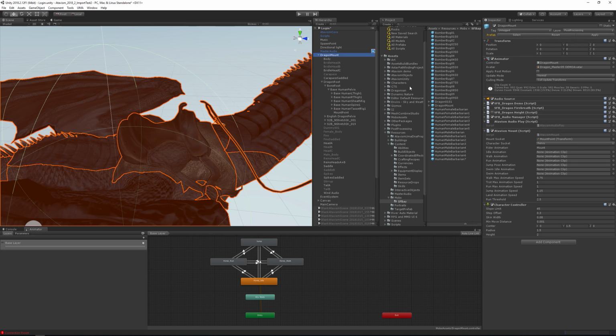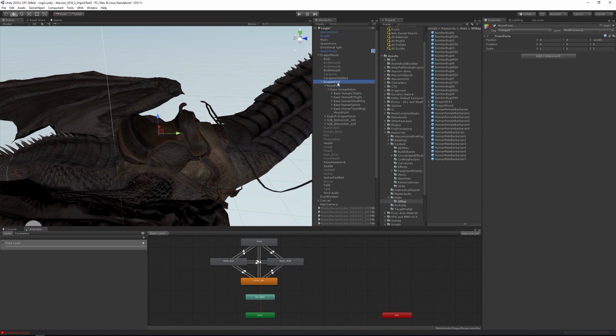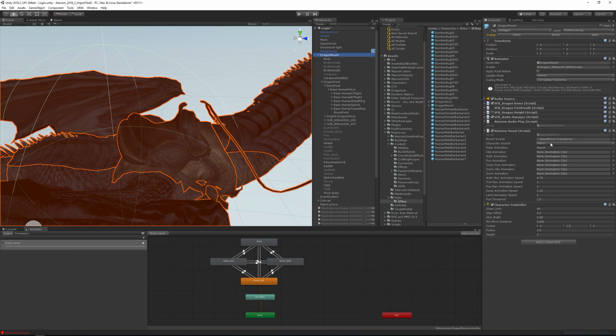And then let's just drag the mount point here. Then we got character socket, it's basically for our character. So this is the socket of our character, which will be bound to the mount point. So we got pelvis here, and we got a rider animation. This rider animation is basically, if you will,